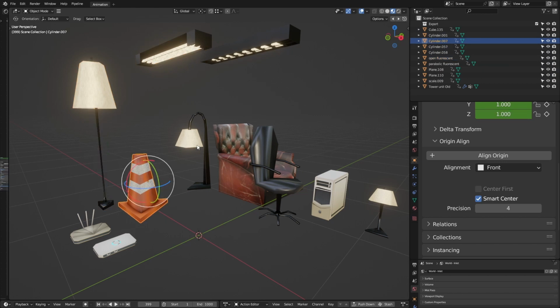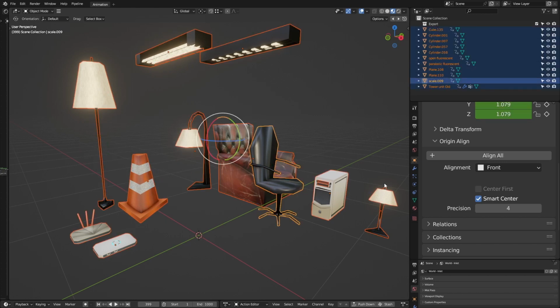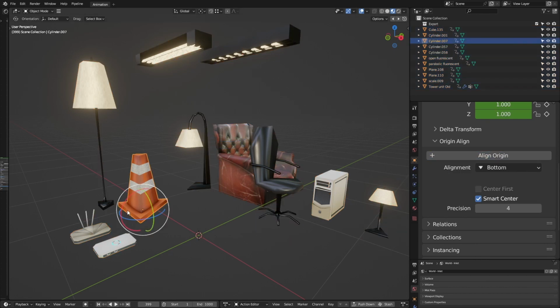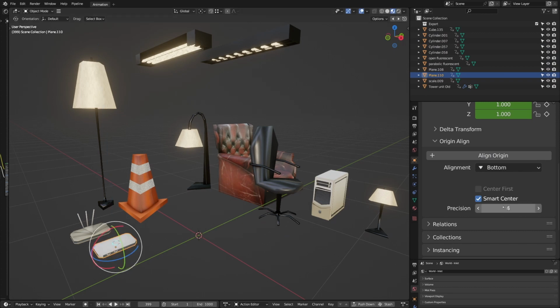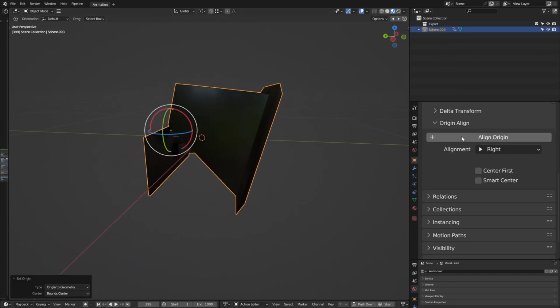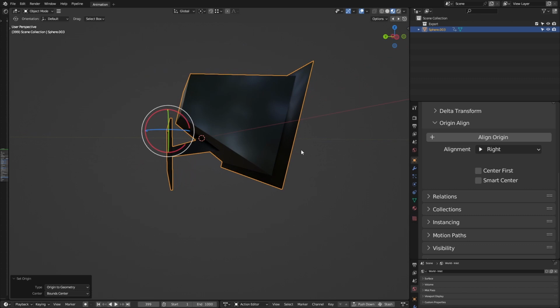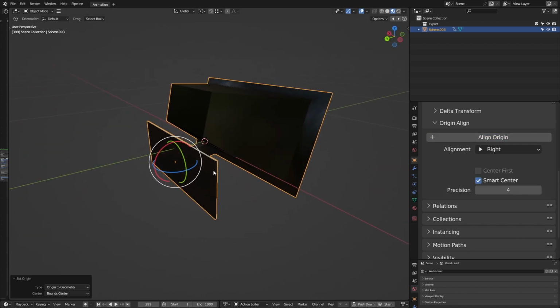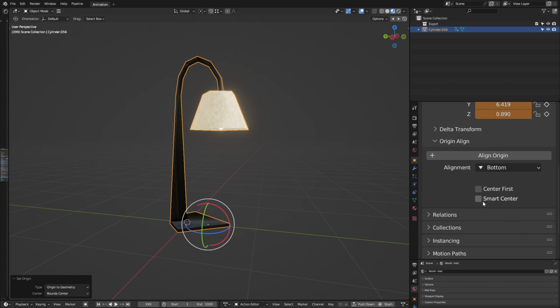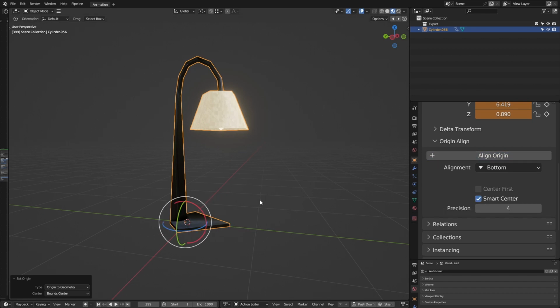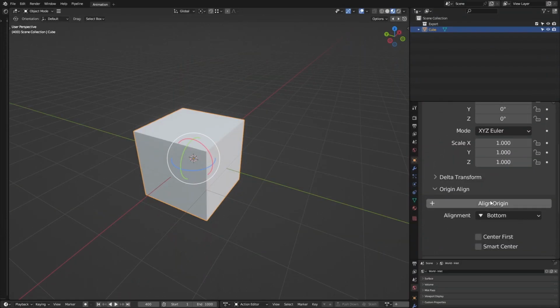Choices that result in surprising depth. Click the Align Origin button to align the origin of every object you have selected, snapping the origin to the side of the mesh you want. The Origin Aligner Smart Center variant even takes the context of where the mesh is on that given side. Useful anytime the base of an object doesn't line up with its bounce center. But we're getting ahead of ourselves, so let's just tune a little backwards, shall we?